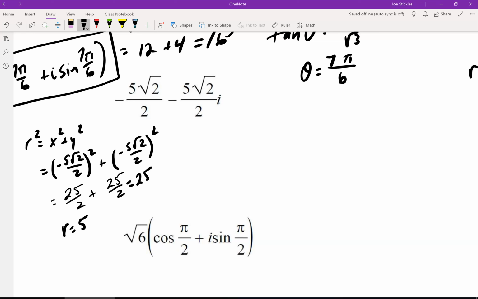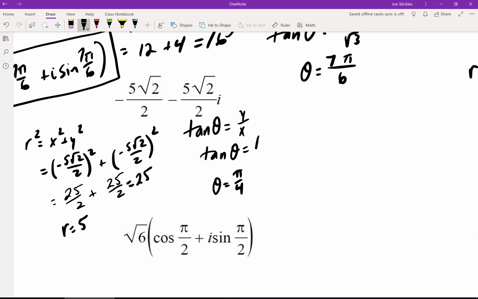Like I said, they look ugly, but that particular simplifying wasn't so bad. All right, now let's find our theta. Tangent of theta is y over x. Rather than writing all these numbers in here, notice that your y and your x are the same number. So we get tangent of theta is 1. Those will cancel each other out when you put it on top and bottom. I'm being lazy here. I don't feel like writing it down. The y and the x are the exact same number. Well, the angle that has a tangent of 1 is pi over 4, or some multiple of